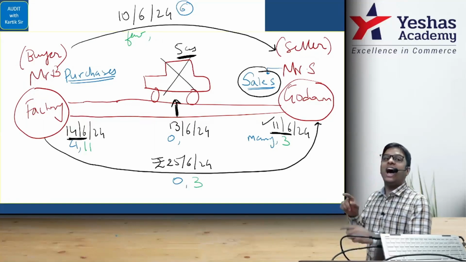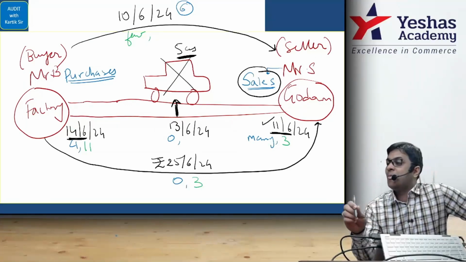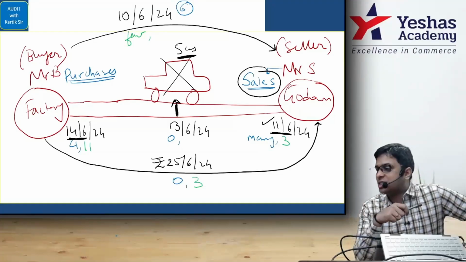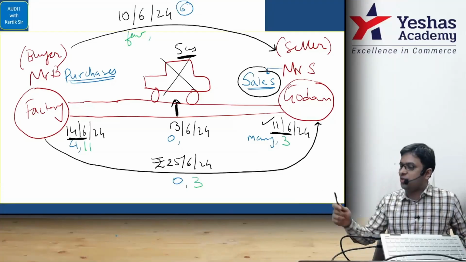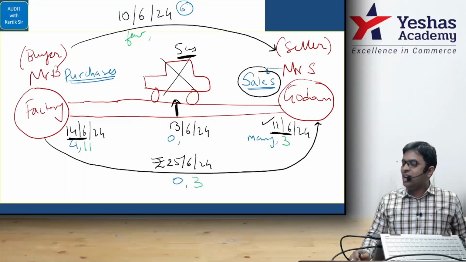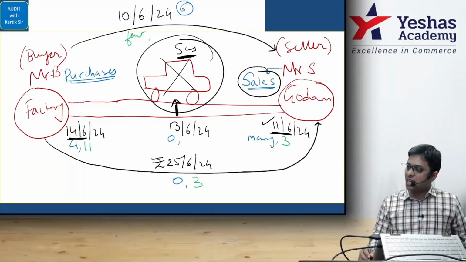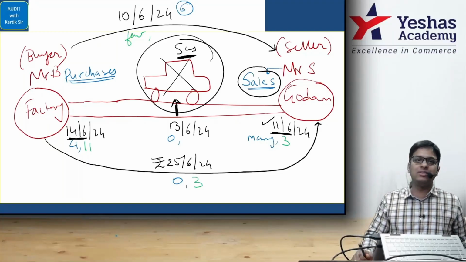It will be there in the agreement, in the contract. That is why the auditor should check the contract. By checking it, they will come to know the date when the risk and rewards incidental to ownership are getting transferred. Are you there with me, yes or no? Who is in charge of transportation, who bears the cost, everything will be written in the agreement. Are you there with me, yes or no?